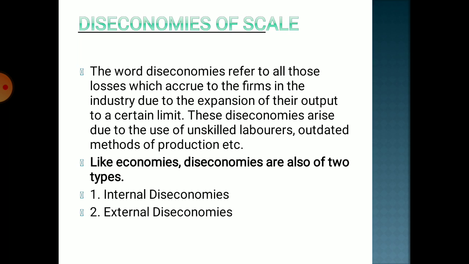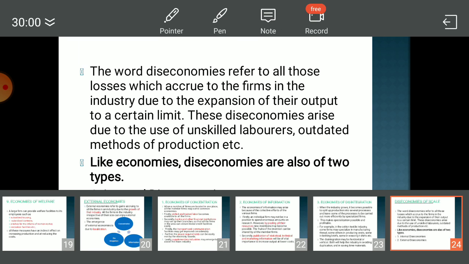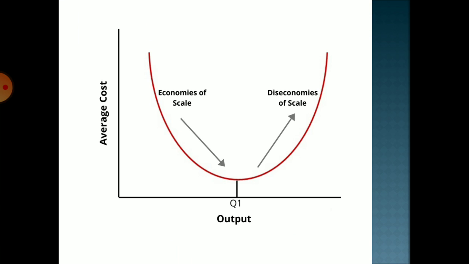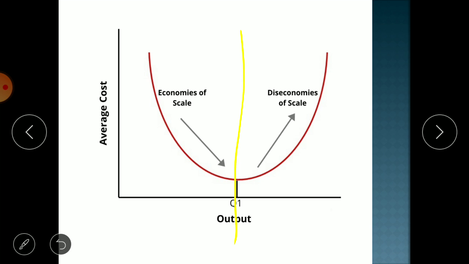But if we keep on increasing production, then our per unit cost will increase, which is known as diseconomies of scale. That we have seen in the introductory lecture in one of the graphs. Here we have seen that in the first part production increases and cost reduces. That is why it is written here economies of scale. But after a point, if we continue to increase the production, the per unit cost increases, which is written as